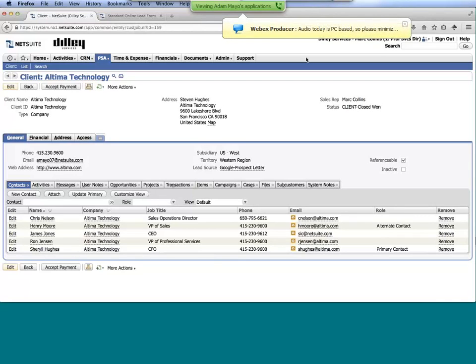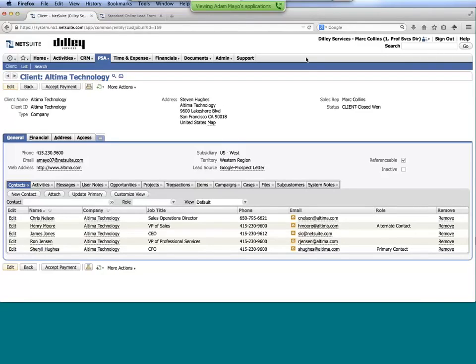It's going to have the same type of information I'm sure you'd expect as any tool as far as information that you'd be tracking, address, contacts within here. One thing to point out, you do have the ability to add your own custom fields. You can create your own custom tabs within these records and completely rearrange what the forms look like. So as a professional services director looking at the client record, it might be entirely different than someone on the sales team, or from someone on the finance team. So we're able to tailor those views so that they're getting what they need right when they pull up that record.